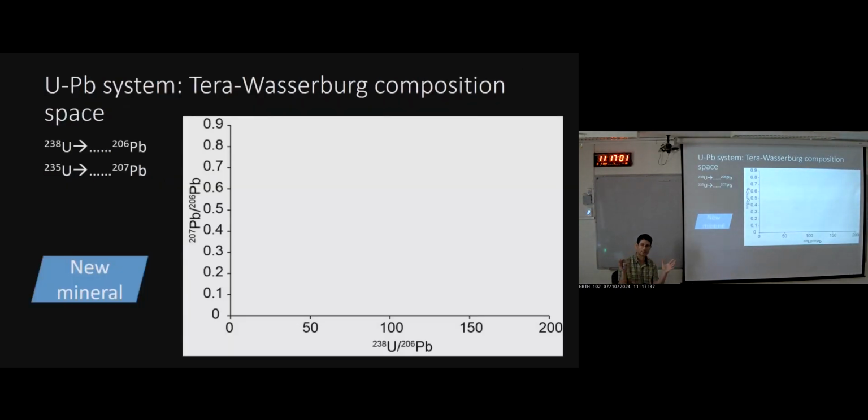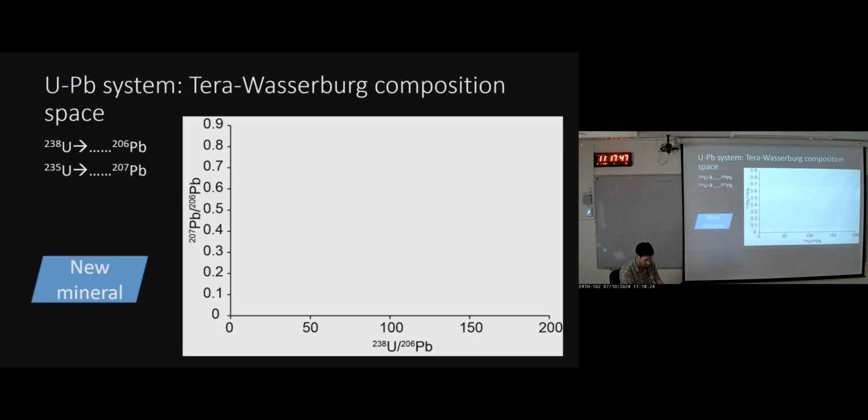Right, so this is going to be a quick, not so quick, primer to uranium-lead dating. So just to let everybody be on the same page, uranium-lead dating is based on the decay of two uranium isotopes, uranium-238 and 235, to two lead isotopes, 206 and 207 respectively. And we like to think about this system in the composition space that we call the Tera-Wasserburg. On the y-axis, there's the ratio of daughters, lead-207 to lead-206, and on the x-axis, we have the ratio of parent to daughter,